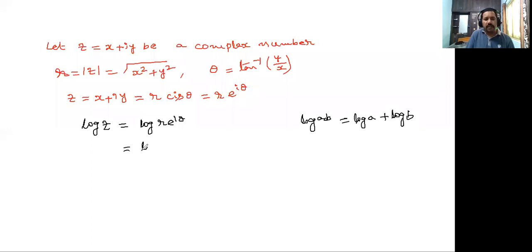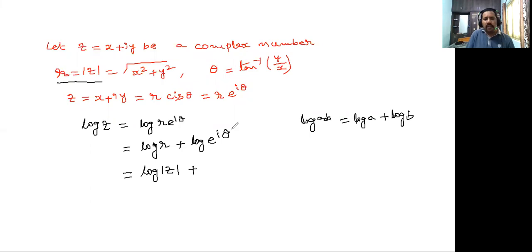We get logarithm r plus logarithm of e power i theta. Here base is e only. What is r? r means mod z. So here, logarithm of mod z